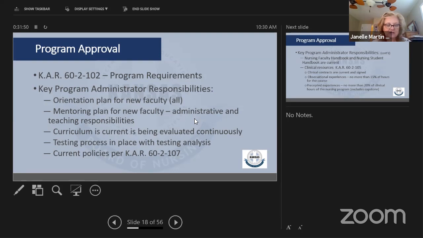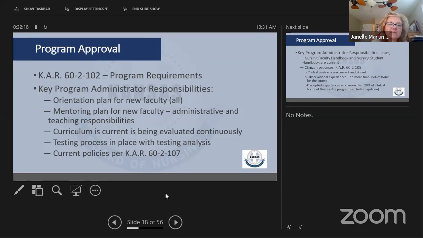And that's where sometimes the statewide meetings for programs are very helpful in that respect, is that we can find not only mentoring for you as a program director, meeting with other program directors, but also finding faculty members that are really good at mentoring new faculty into nursing and teaching.